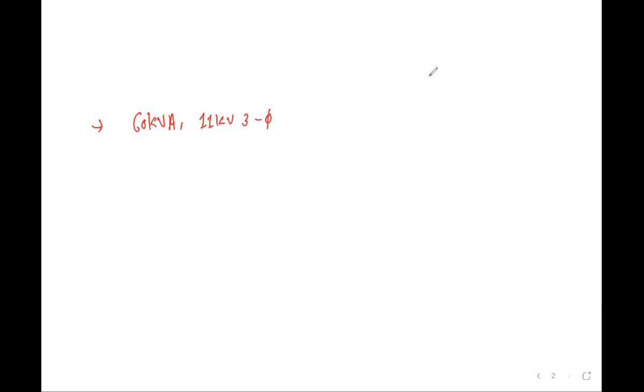So generally, let's say my kVA rating is 60, it is given in the example. For that, the kVA is equal to VI. But here we have a three-phase circuit, so the kVA rating is √3 VL IL. Now what do I have to find? I have to find the value of IL. So it should be kVA divided by √3 into VL.